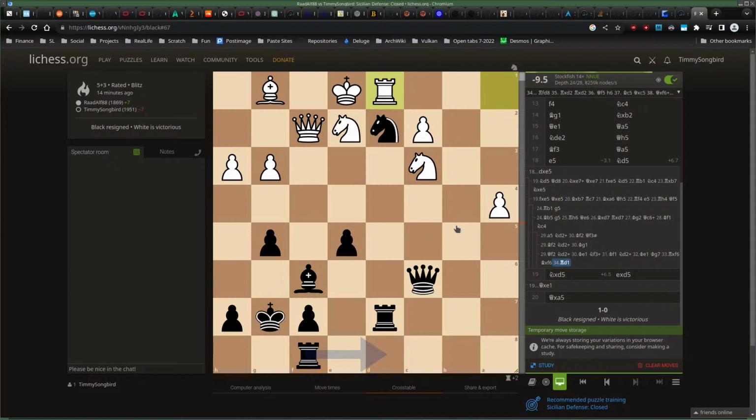Use the rook. Defend the knight. Give another quality. Why? Why is it necessary? I'm not going to do that. Come on. No. At least not until I actually see why it is necessary.